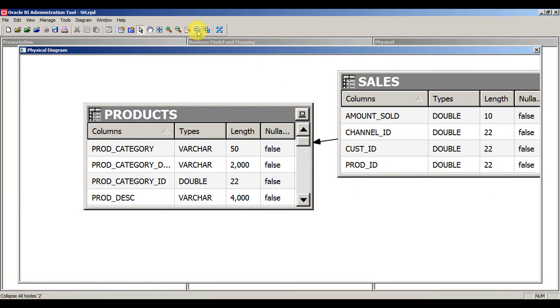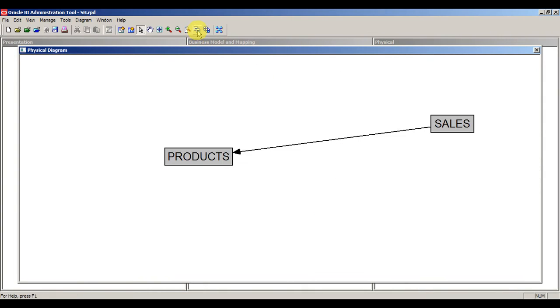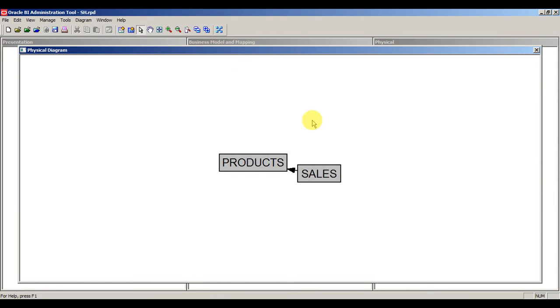So you can click on the minimize button, the collapse all button, and then click on auto layout, so that you can see the diagram in the most efficient way. You can also use zoom in and zoom out if there are many columns. This diagram will be used to print your physical diagram into your documentation.